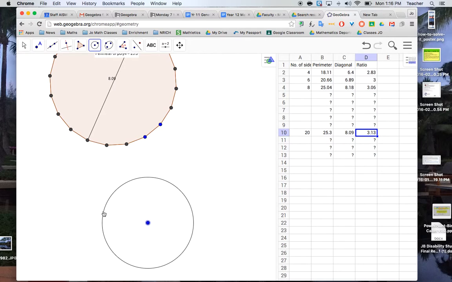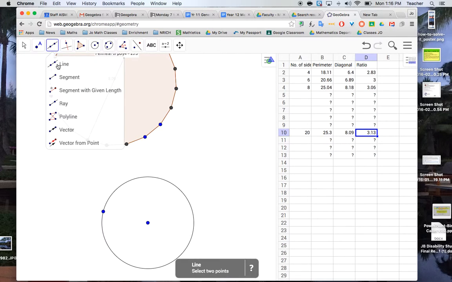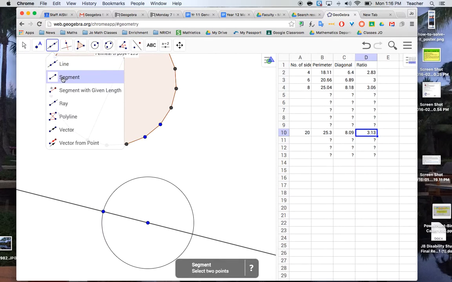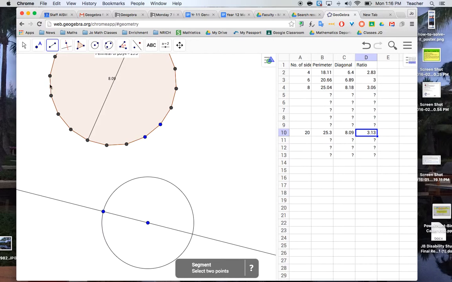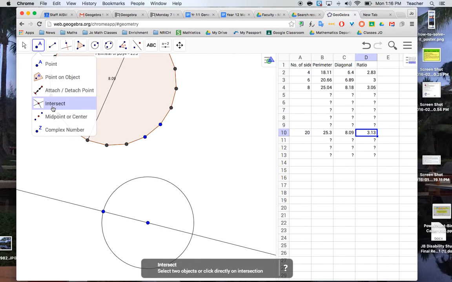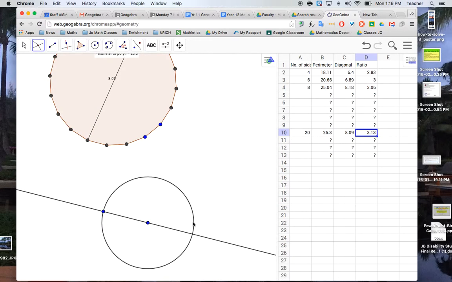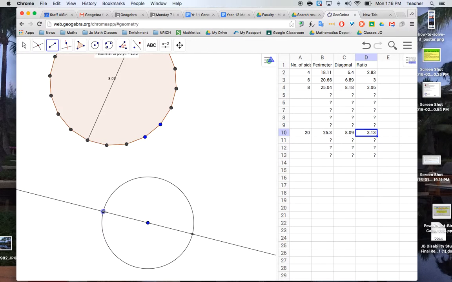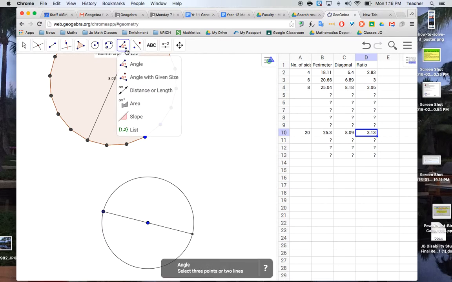So if you do that, you need to construct a diameter, which takes a little bit of work. Once you've put a line through it, you first need the intersection of this and this. Now I can construct a segment between here and here, and then go and hide. Right-clicking, I can not show that object. Okay, so I can now go and measure